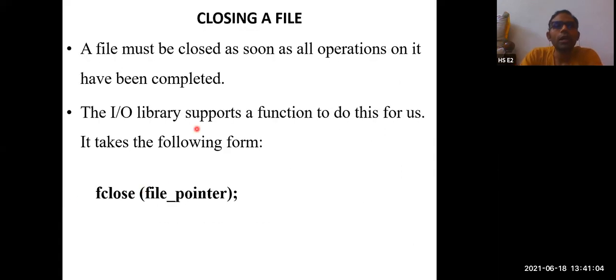Now after this, we have also seen how to close a file pointer. When we close a file pointer, the file will be closed. If we are working in a multi-process environment where more than one process or more than one user wants to open a file, that is not possible. Unless you close the file, the other person cannot open that file. So these things you will be studying in your forthcoming semesters.